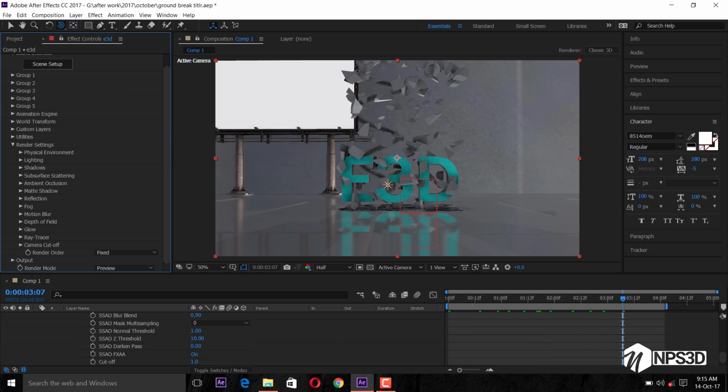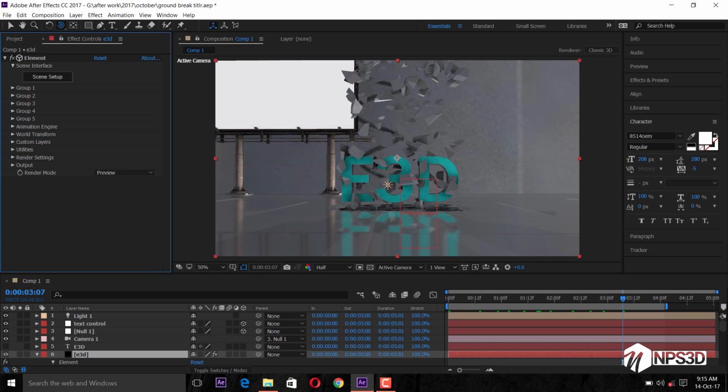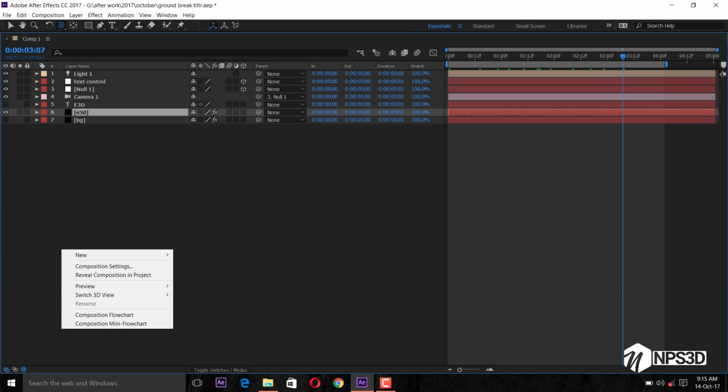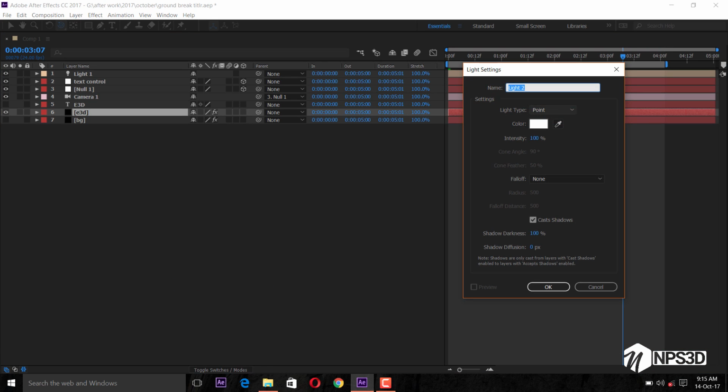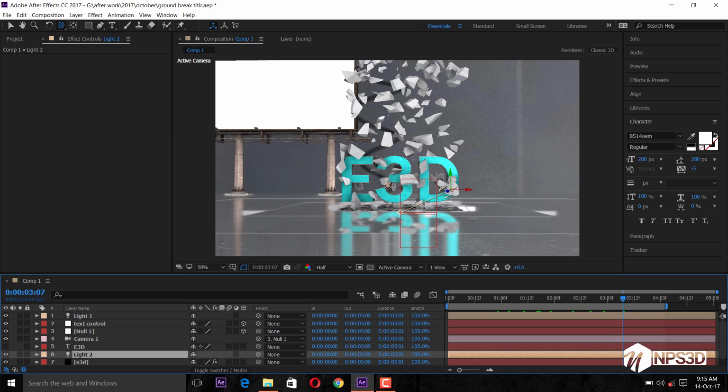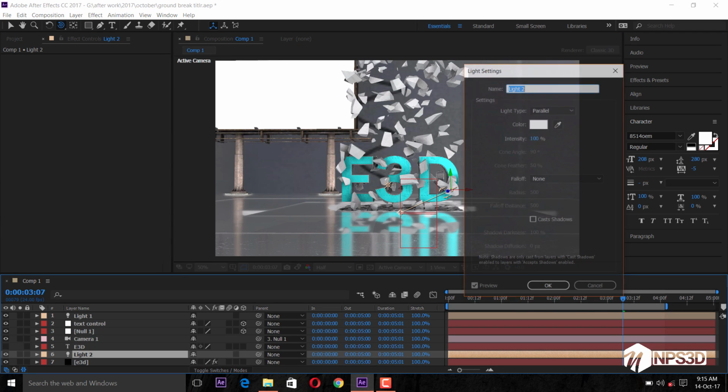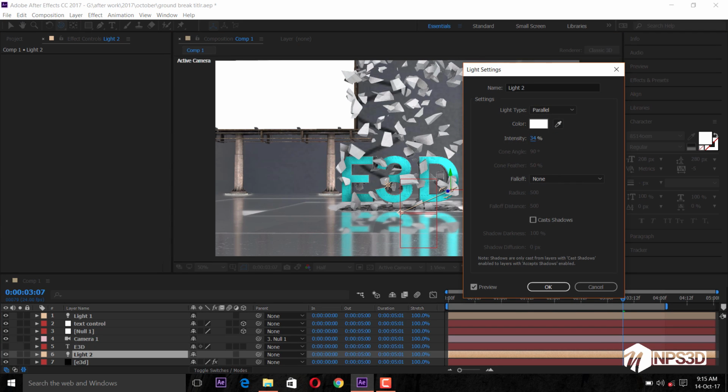And in here I will also add one more light to just make our text a little bit bright. So point or just parallel, all this is good. So just uncheck the cast shadow and turn down the opacity 24%. So just see the